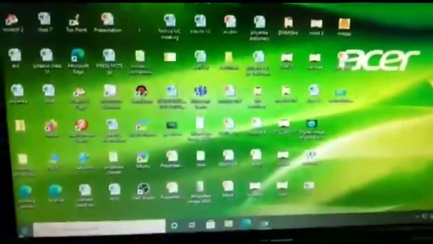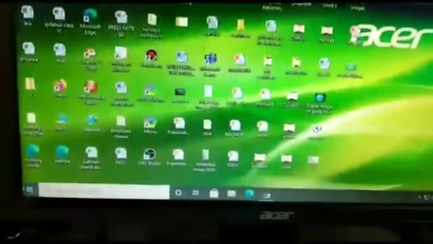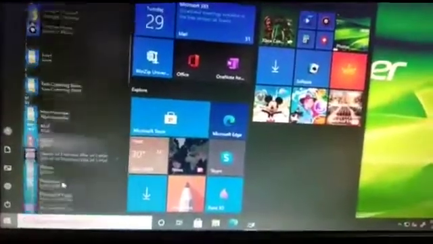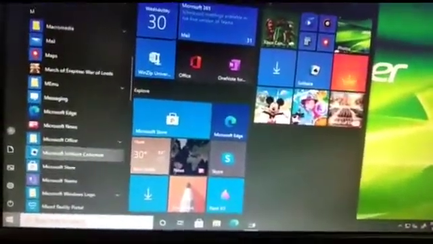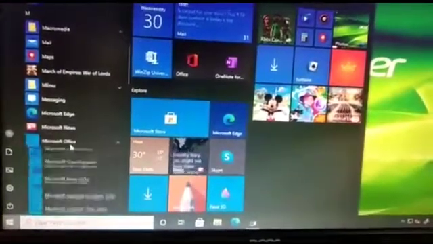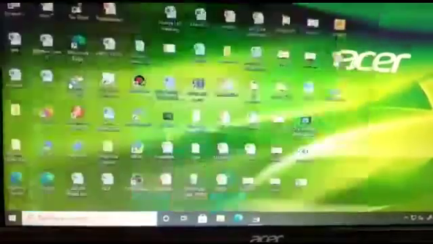Good morning students. Now today we are going to start with our new chapter, that is Microsoft PowerPoint. The name of the chapter is Microsoft PowerPoint and it is chapter number 7. So you have to click on the start button and after that you go to the Microsoft Office and here you select the Microsoft PowerPoint 2010.